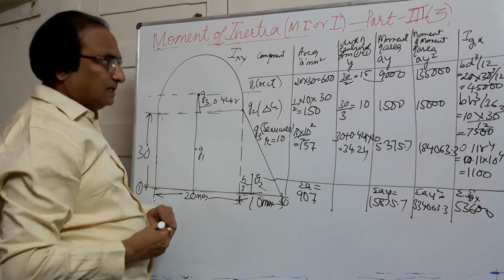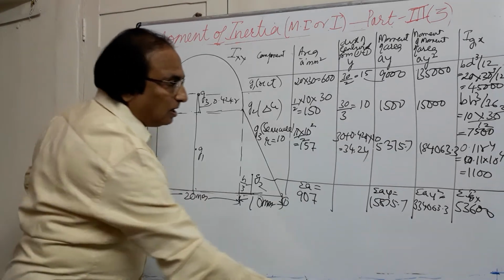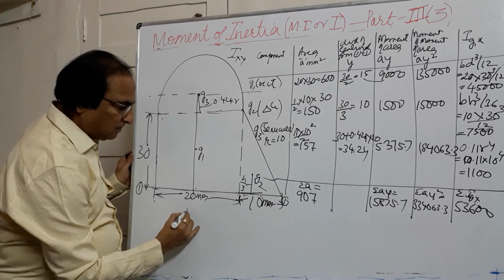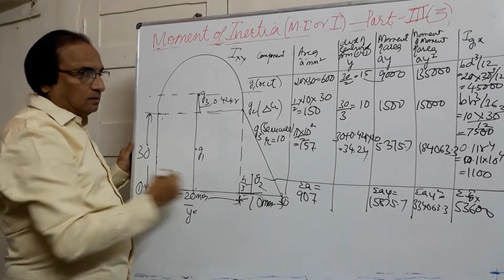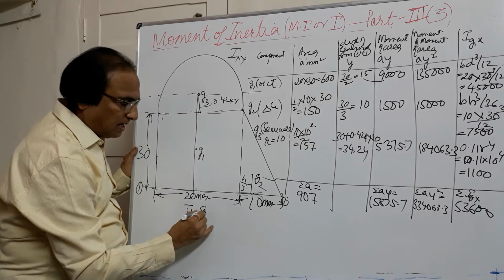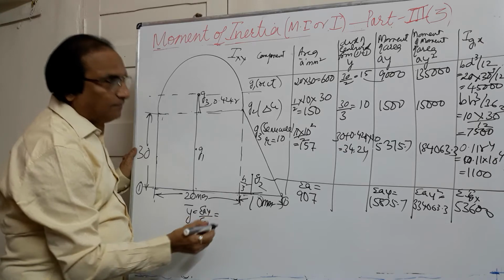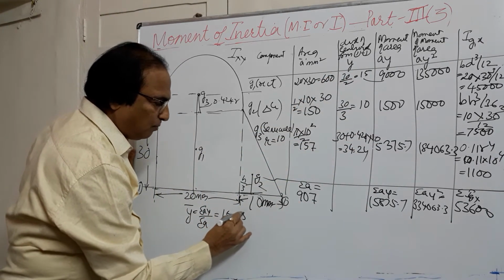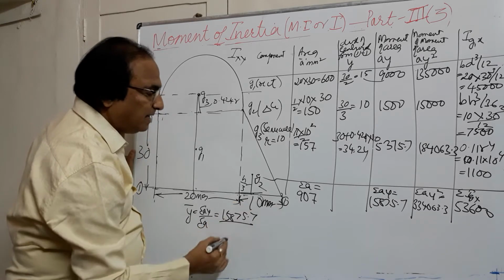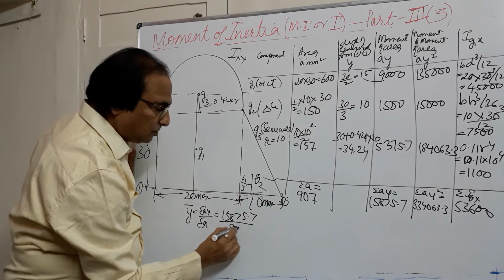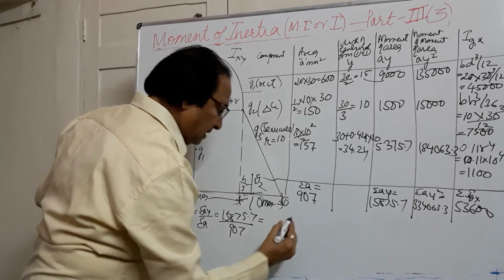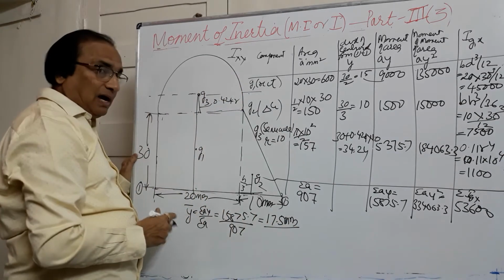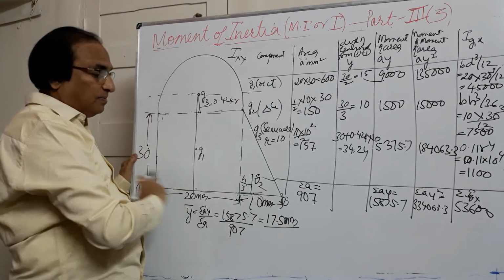So once you are ready with this table, you can go for finding out the moment of inertia of the figure. So first thing what we need is y bar, the distance of the centroid of the figure given to you. This is given by sigma AY by sigma A, and we know sigma AY is here in the table 15875.7, and sigma A is the area here what we have got, 907. So you get the distance of centroid as 17.5 mm. You got y bar. Y bar is the distance of the centroid of the whole figure from 1, 1.